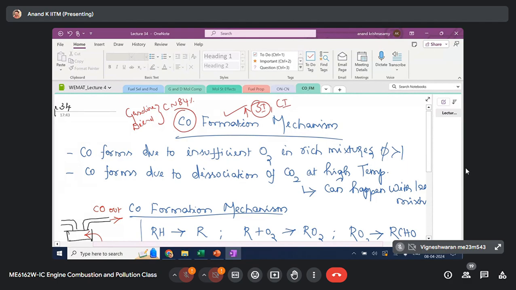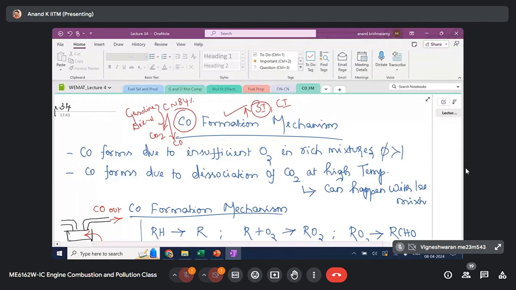So we have a high carbon fuel that combusts, and this high carbon fuel cannot always form CO2, which would be complete combustion. What this carbon will form is CO, which is a pollutant. It's a toxic gas, as we have discussed in the health effects, and needs to be controlled. Partial oxidation of carbon present in the fuel is going to form CO. Complete oxidation of carbon is going to form CO2.